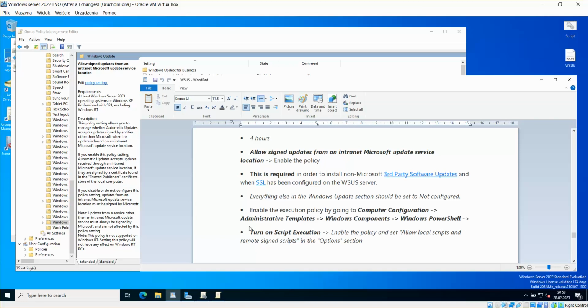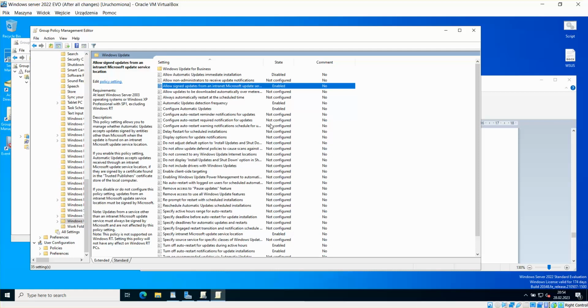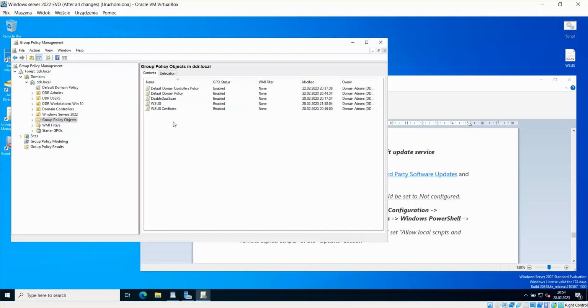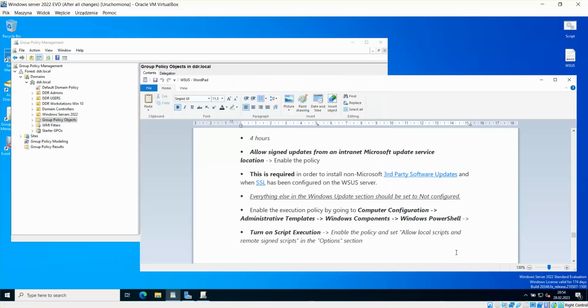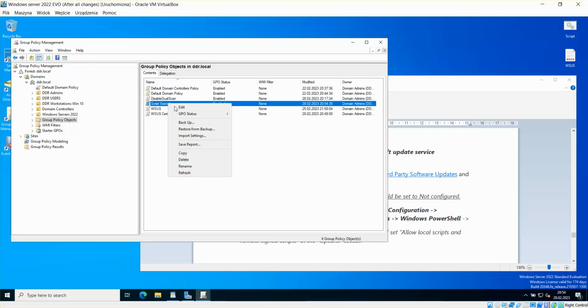Okay, so of course enable the execution policy by going to execution policy. So we will need to also enable script execution. For that I suggest creating another GPO. Better not mix it up with Wsus. So I'm just gonna create another one. And I'm gonna just call it script execution. Let's open it up,